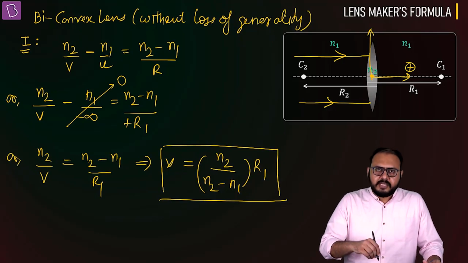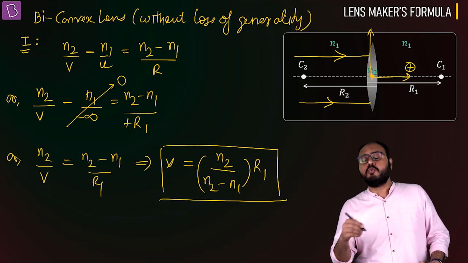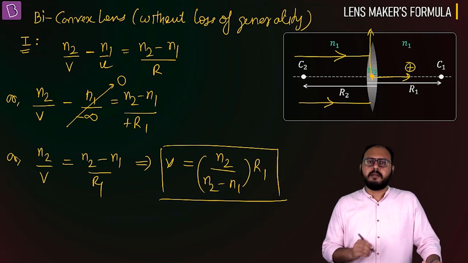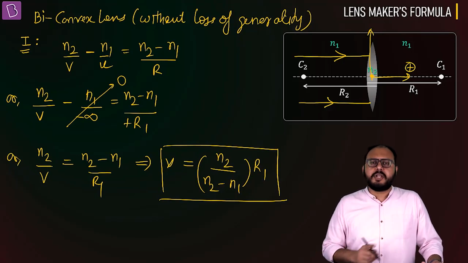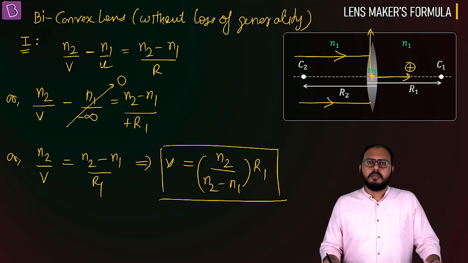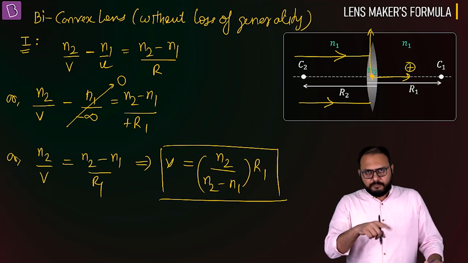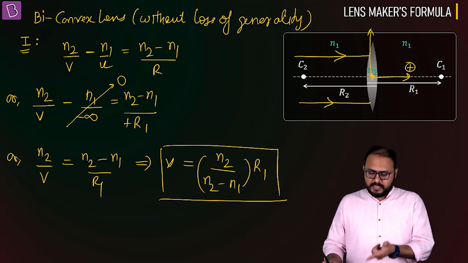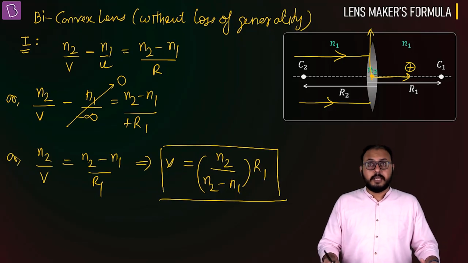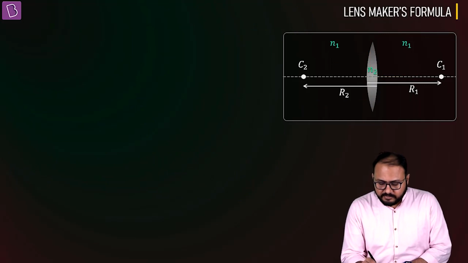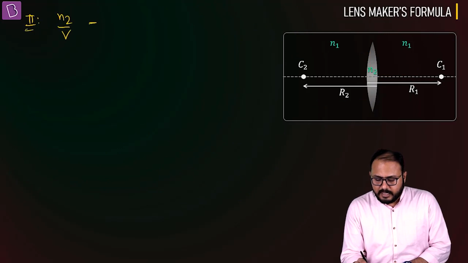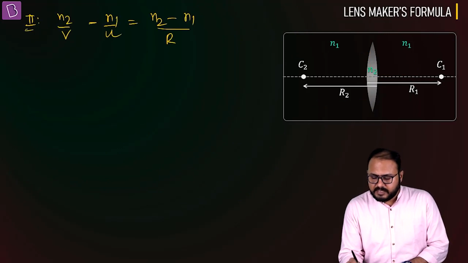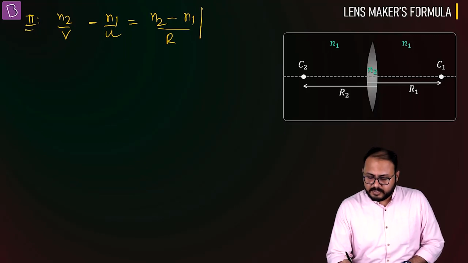Now this V serves the purpose of U for the second surface. But does the origin change for the second? No. For the second refraction, it is the same origin and the same positive sense. Then this is the coordinate. So for the second surface, which formula will I use? Why will the formula change? The formula remains the same. What is V from the first?